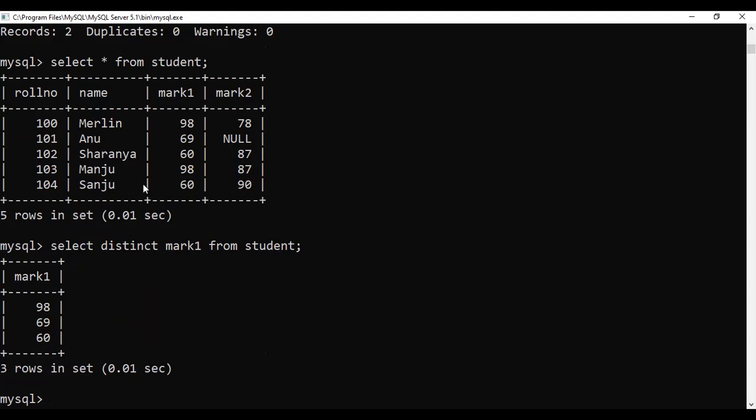Now we have done with the select query. Now we will see how to access the record for a specific row. This was column wise access. Now I just want to access the complete row according to a condition. For that we have to use the where clause. So how will we give the condition? Select star from student.